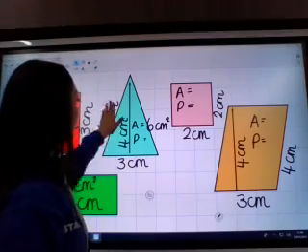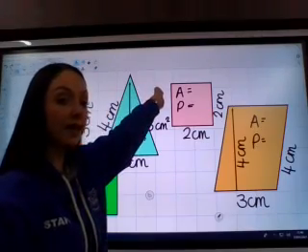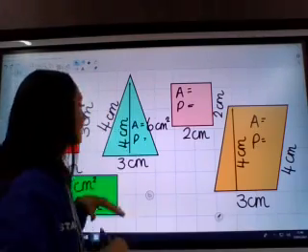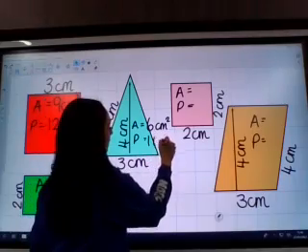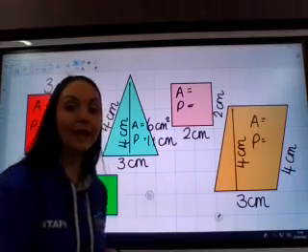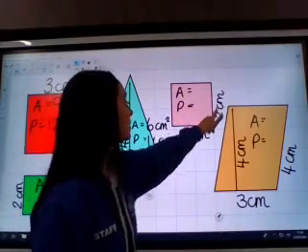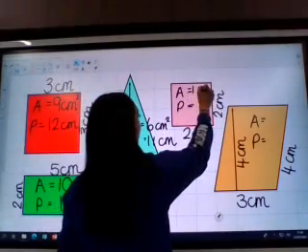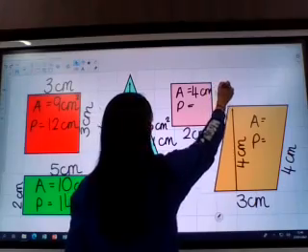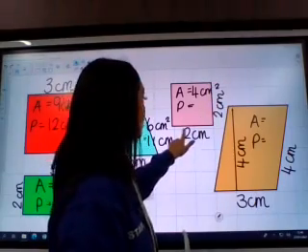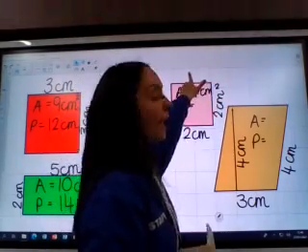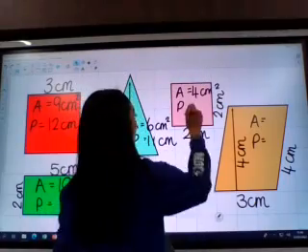The perimeter then would be 4, add 4 for this side, so that's 8, 9, 10, 11. We add that 3 on. So then your perimeter would be 11 centimetres for the triangle. This one then, the area would be 2 times 2, which is 4 centimetres squared. And then your perimeter will be 2, add 2, which is 4, add 2, which is 6, add 2, which